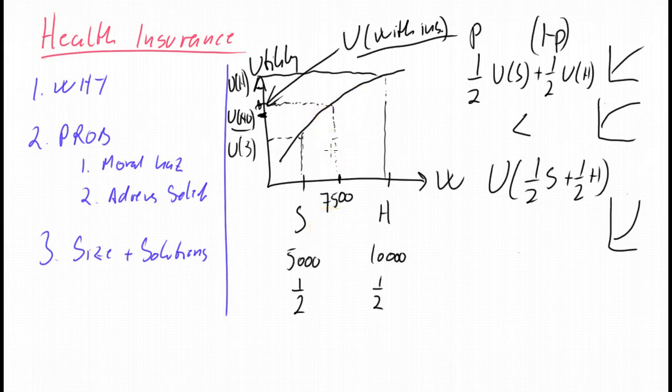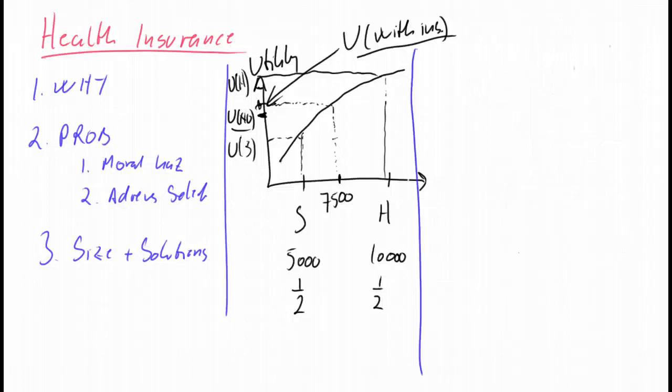So that's why you want insurance. You want to avoid jumping up and down. You want to have a stable income. And you're willing to pay for this. That's why we buy insurance. So basically the reason is we're afraid of risk. We don't want our income to jump up and down, so we buy insurance. That's why we get the demand for insurance and health insurance. Okay, so given that people demand insurance,